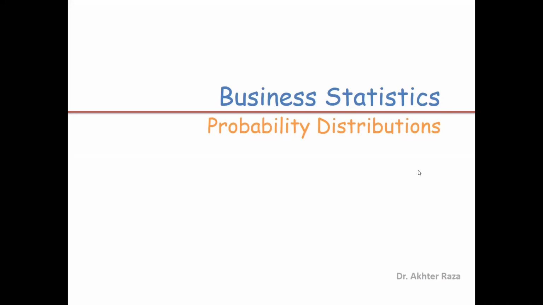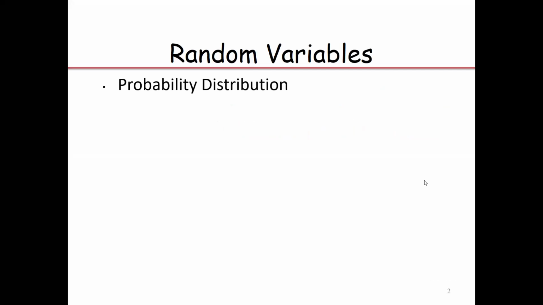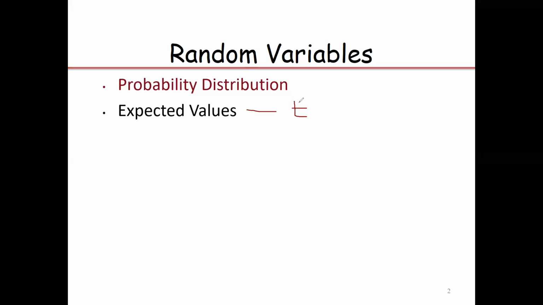This presentation will contain the probability distribution, then expected value, which is basically the mean of the distribution. Expected value of x is the mean of the variable x. That can also be represented by mean of variable x or by simply x bar. If it is a sample mean, it can be represented by x bar. If it is a population mean, then we can use the symbol mu or mu x.